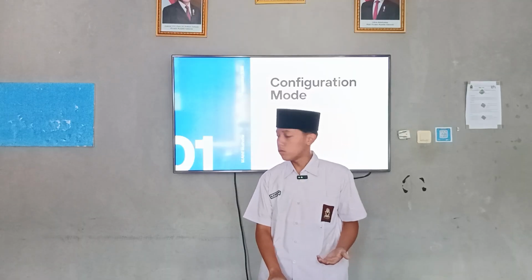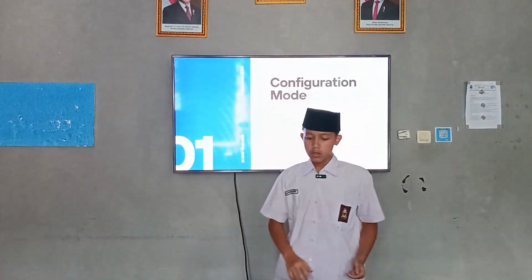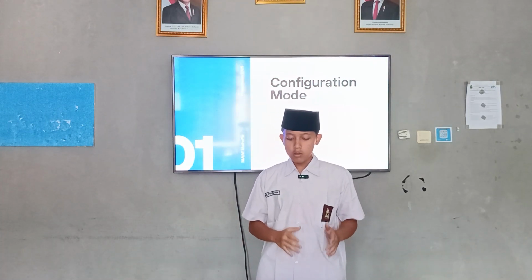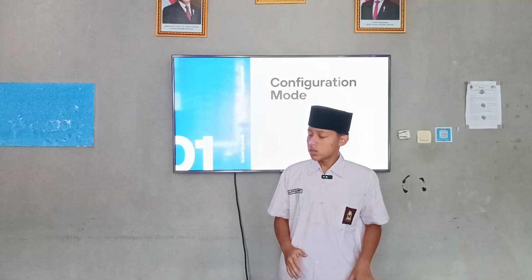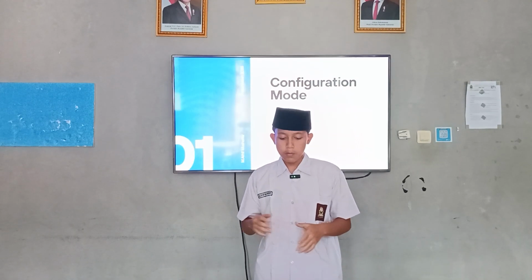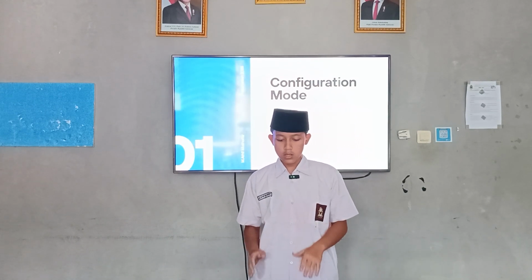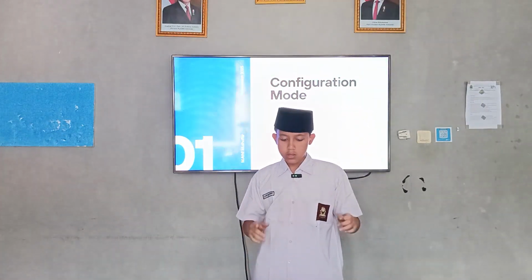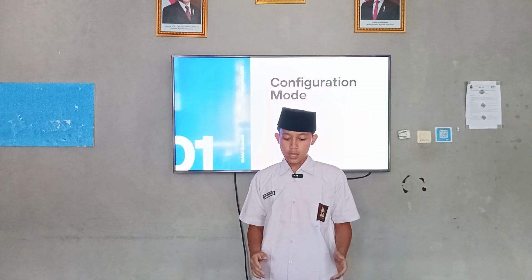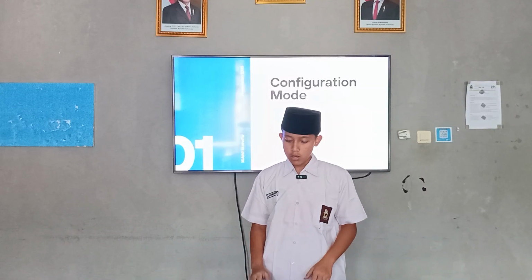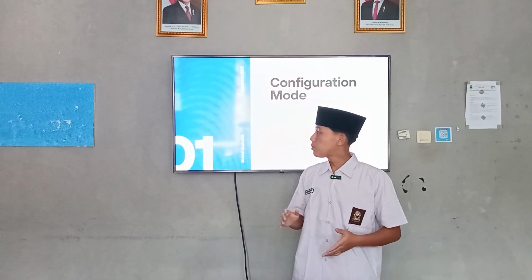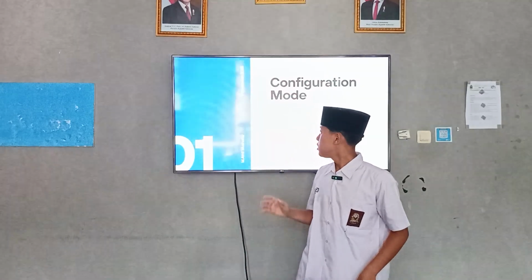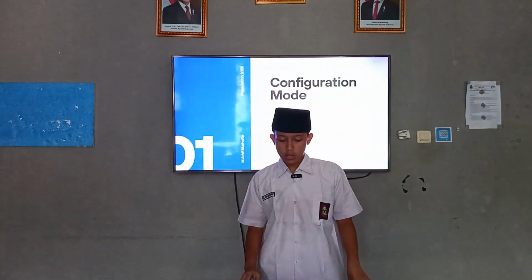And the second mode is privilege mode or privilege exec mode. From user mode, you type enable to enter this mode. So the prompt changed to, for example, router and this symbol. And you can use more powerful commands like checking logs or saving the configuration. The example command in this mode is show running config, and this is like the admin mode where you